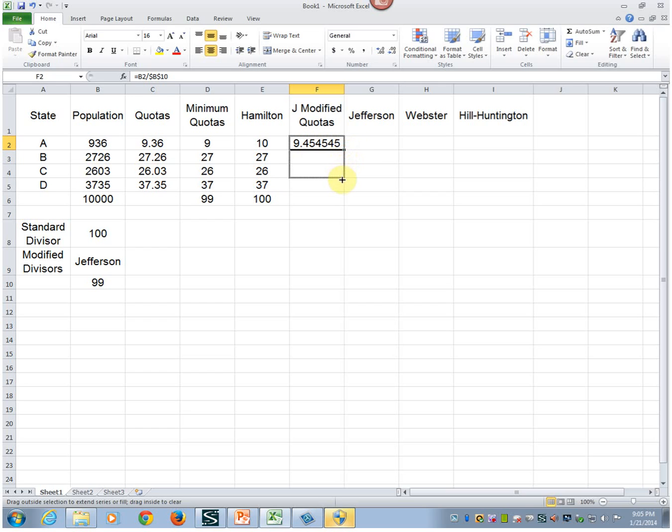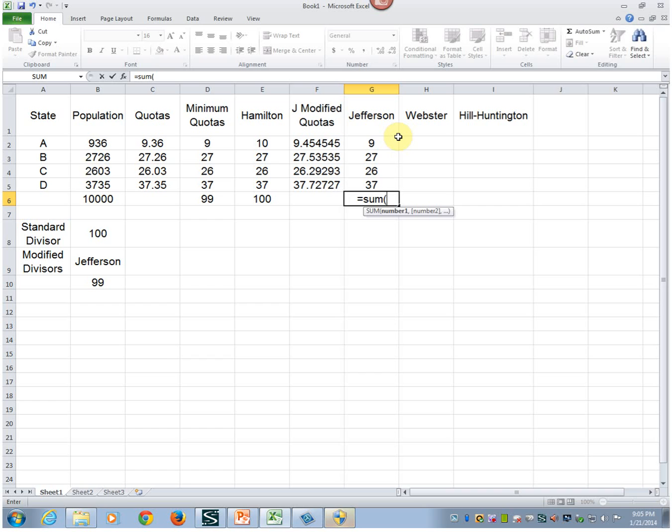Come to the bottom right hand corner, click, and drag down. So remember that Jefferson also truncates, so 9, 27, 26, and 37, which if we add those together, that's G2 to G5, we still only have 99. So I need to change the divisor. The nice thing is the way that I have set this up, I can just pick a different number and type it in here. So if instead of 99, if we decide, let's move it down to, I don't know,